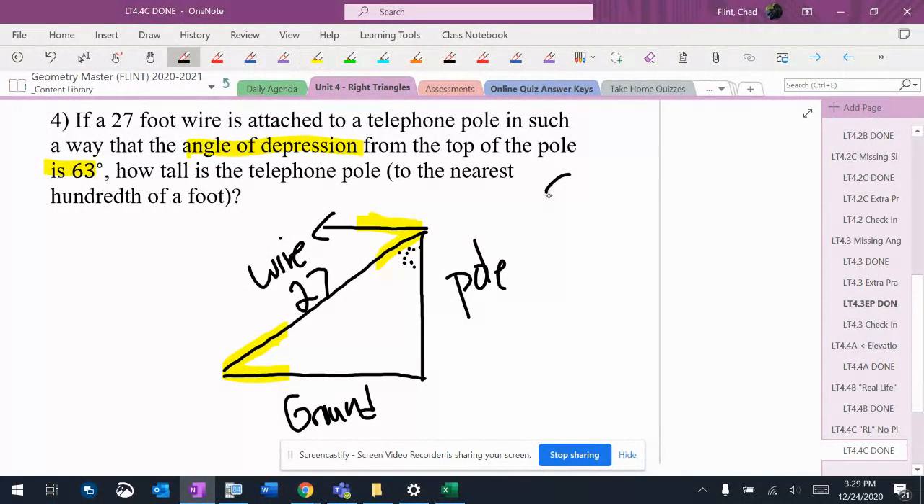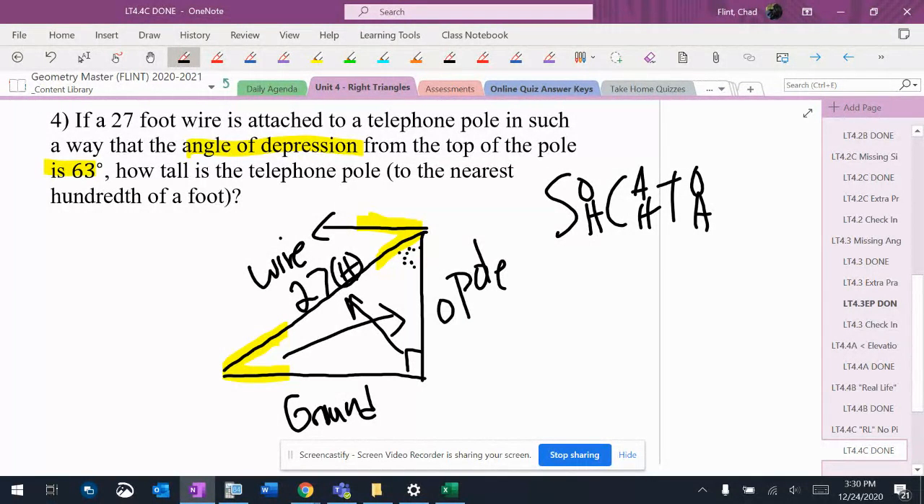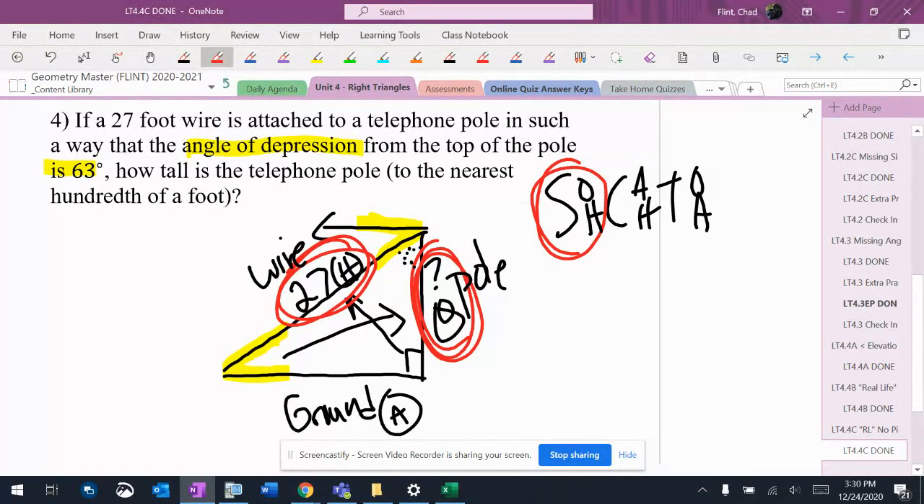So this is, again, a SOHCAHTOA problem because it has an angle involved with it. So I have to label stuff. That's the hypotenuse. That's the opposite. That's the adjacent. It says how tall is the telephone pole. I want to know that side. So I'm going to use the hypotenuse because I know it. I'm going to use the opposite because I want to know it,